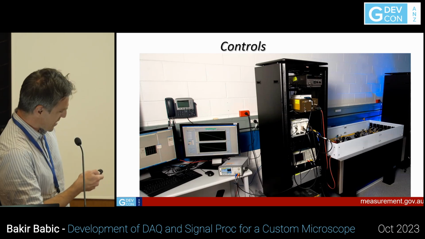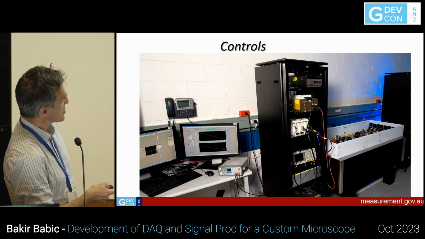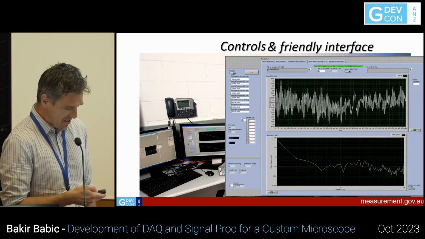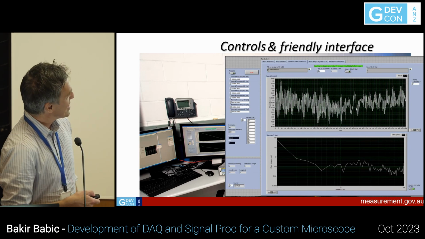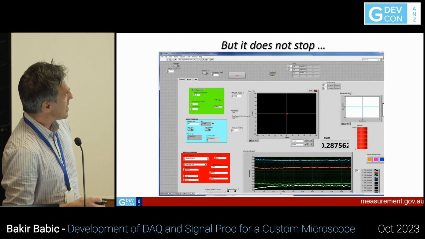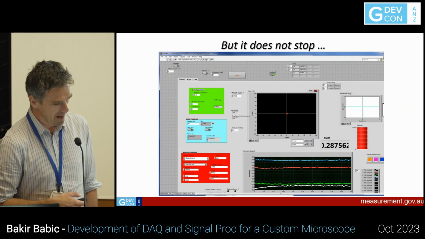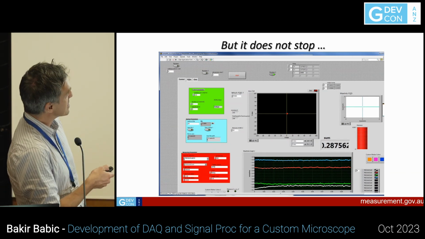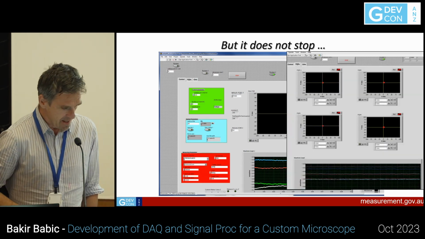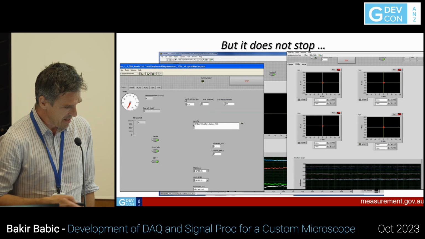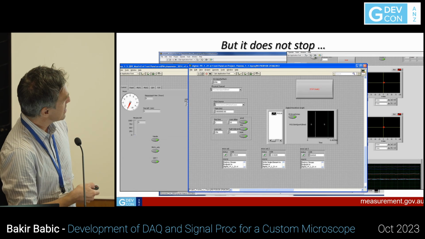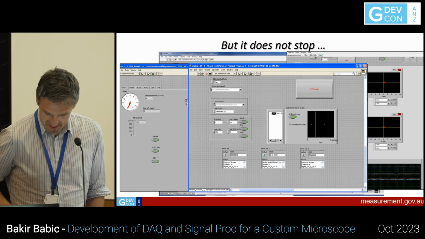This is how it looks. This is that room which contains all the controllers. This is the friendly interface for our phase meter. And then besides this, we have different things for the alignment of interferometers. Here you can see where we have these 4-quadrant detectors with our signals. And this is 4 of them. And then we have a TTL signal, which was just here for testing purposes, all this interface.